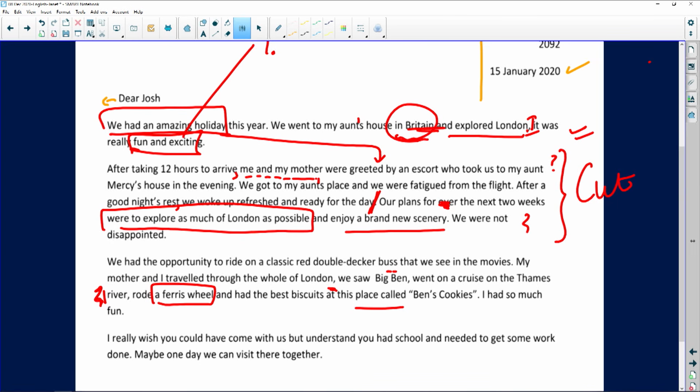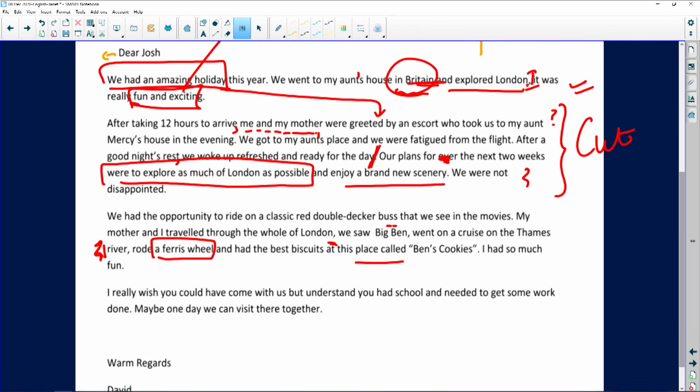All right, what has the candidate told you about exploring London that you wouldn't have known from watching some adverts? I really wish you could have come with us. Oh, no, please, I don't wish you were there. Understand you at school and needed to get some work done. Maybe one day we can visit there together. Waffle, waffle, waffle. Warm regards, David. So the candidate